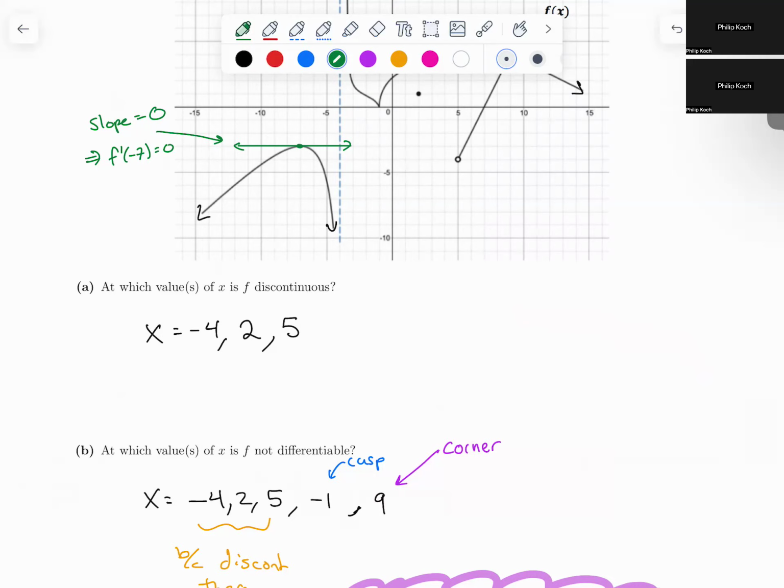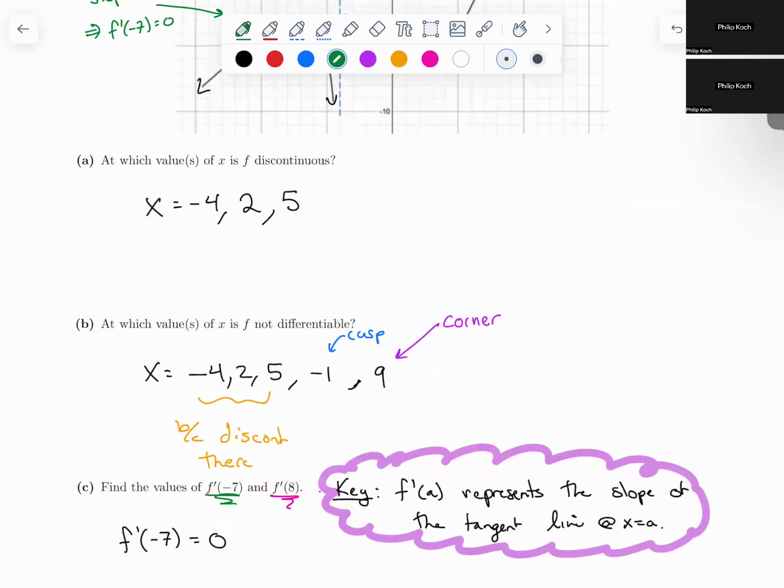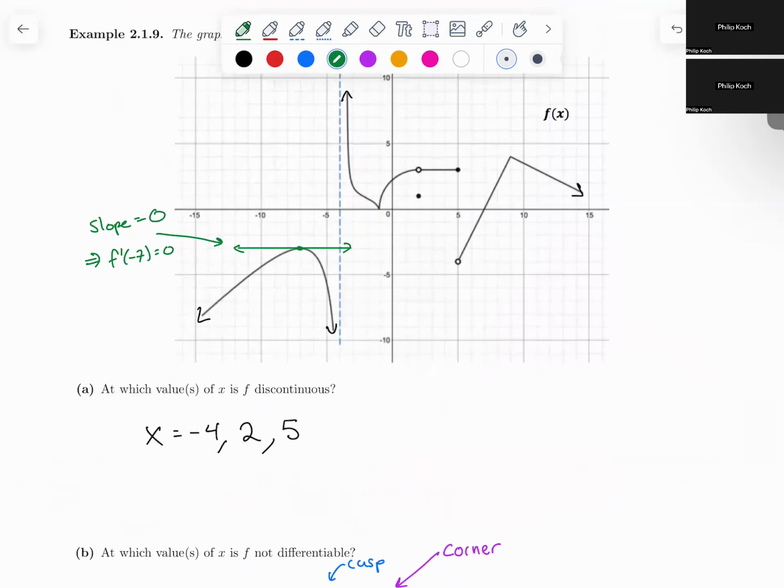And then it says find f prime of 8. So I'd like you to look at this and tell me what you think it is. So 8 is right there. And if I were to draw a tangent line, it would actually end up being the exact same thing as the line itself. And the slope of this line